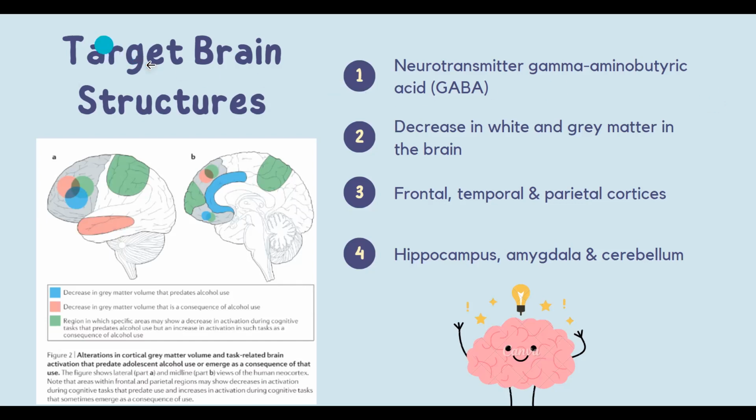Besides, Spear describes that areas that are most affected by alcohol are parts of the frontal, temporal, and parietal cortices, but also the hippocampus and the cerebellum. The affected brain regions include parts of the brain critical for multiple tasks, for example, concerning cognitive control, executive functioning, attention, language processing, and sensory integration.